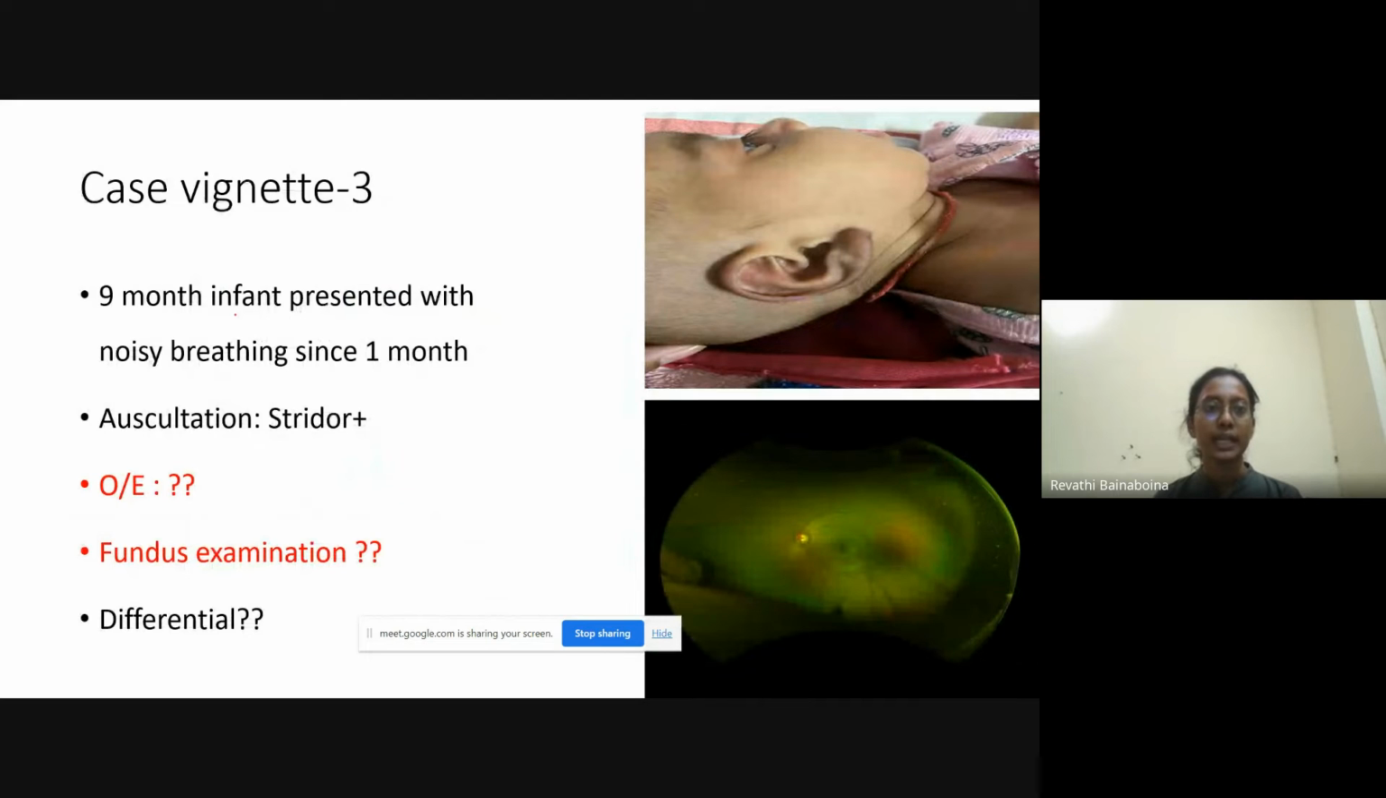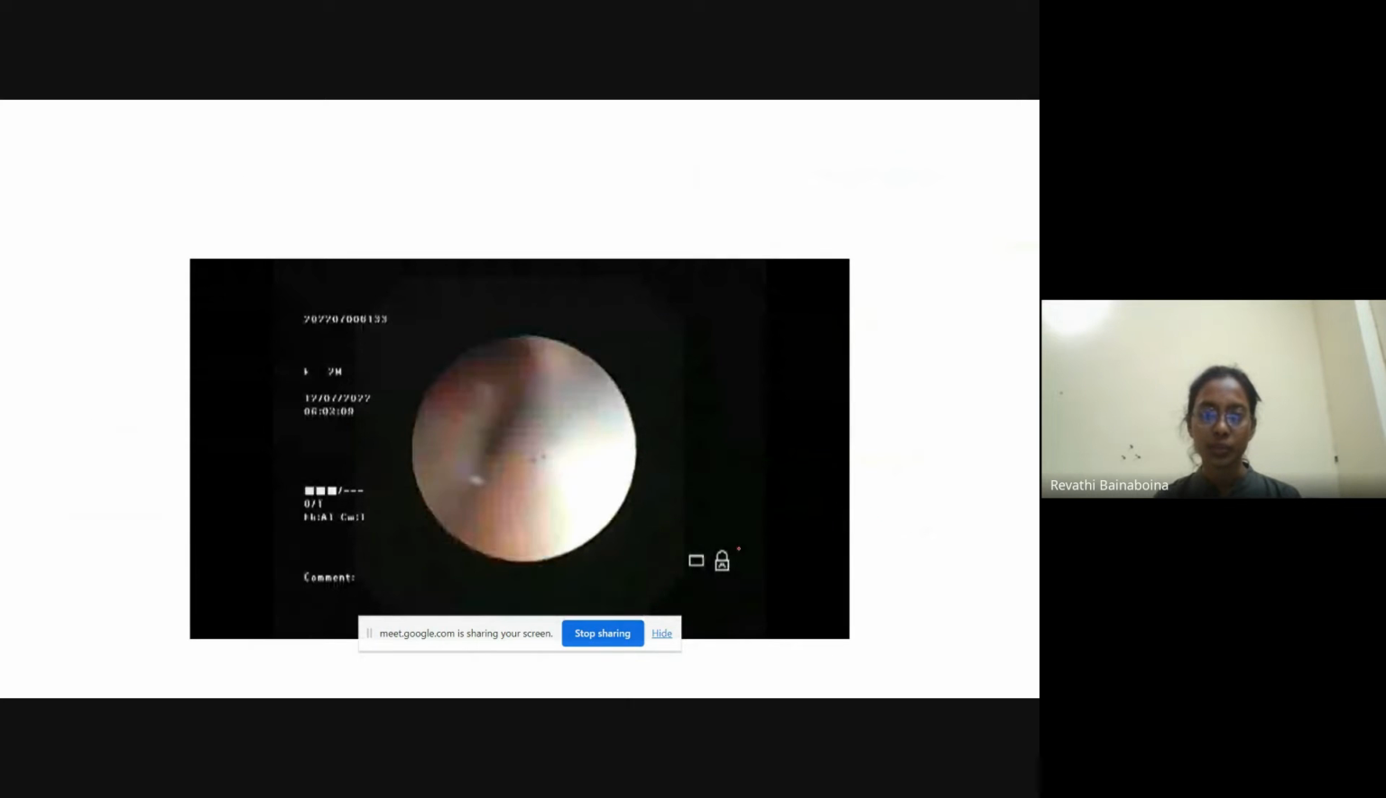Another case scenario: a 9-month-old infant presented with noisy breathing since 1 month. On auscultation, there is stridor. On examination, there is a cutaneous hemangioma, and on fundus examination, this is excavation of the peripapillary fundus, which is called the morning glory sign. And in the bronchoscopy,